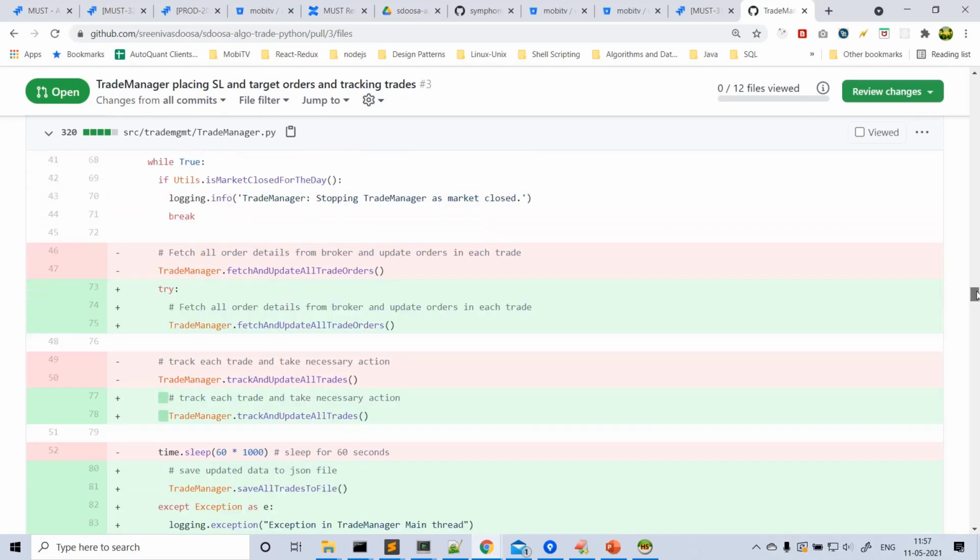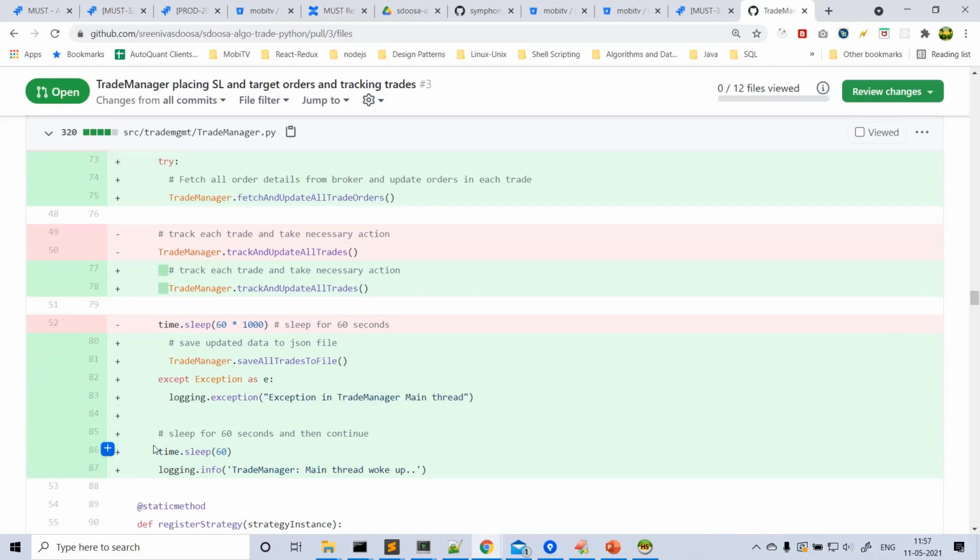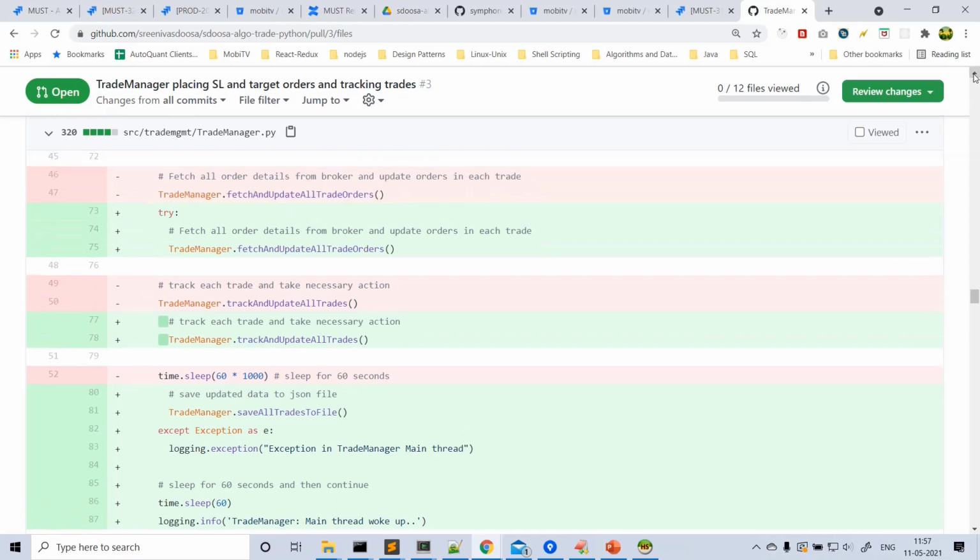Then we keep the trade manager main thread checking all the values in a loop. Every time, I let it sleep for 60 seconds, then wake up the thread and do the processing. So what exactly is the processing here?